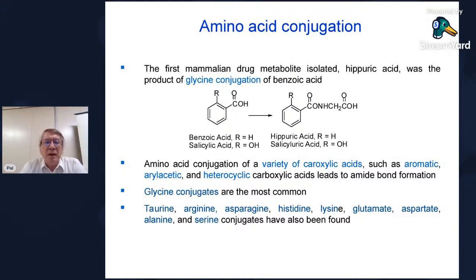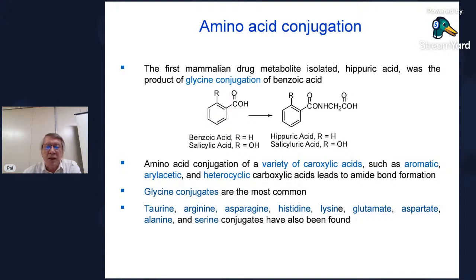The third phase 2 transformation is conjugation of the foreign substances with amino acids. There have been several amino acid conjugates isolated and identified. Among them, the glycine conjugates are the most common one. Glycine and other amino acids like taurine, arginine, asparagine, histidine, lysine, glutamic acid, aspartate, alanine, and serine